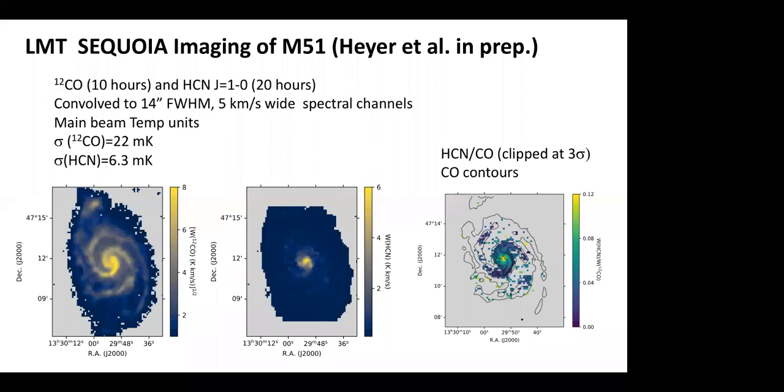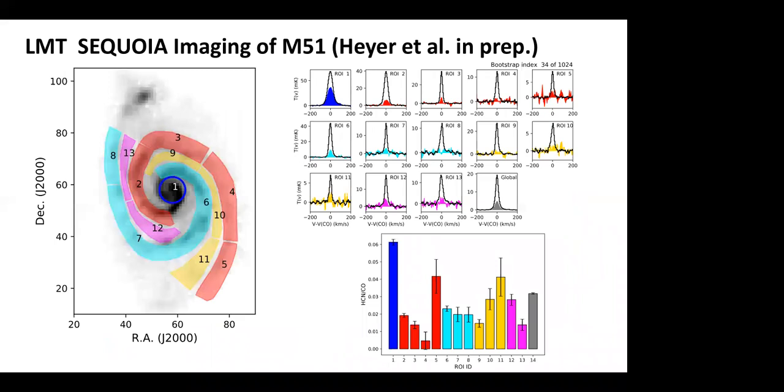The center panel shows a map of higher density tracer HCN, and it sort of mimics, but HCN is much fainter, typically 3 to 6% of the CO in terms of the peak brightness, because dense gas filling factor is much lower. So this was a demonstration of simultaneously observing different lines and looking at the line ratios. And on the right plot, the gross difference between the two tracers is shown. But the really interesting science result is coming in the next page.